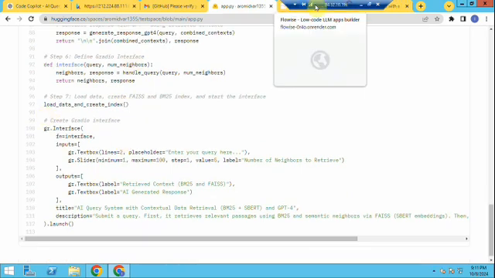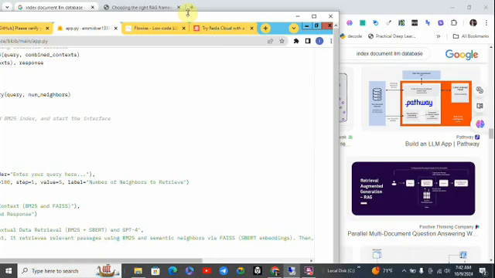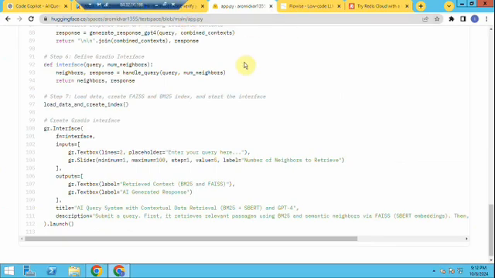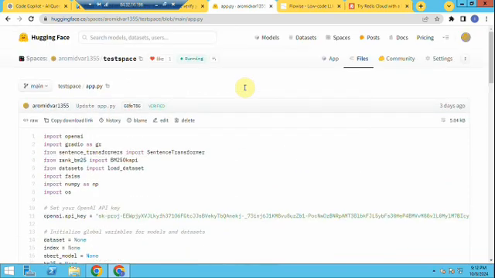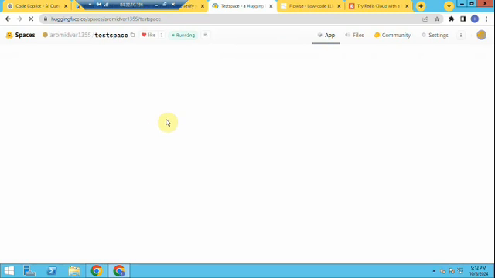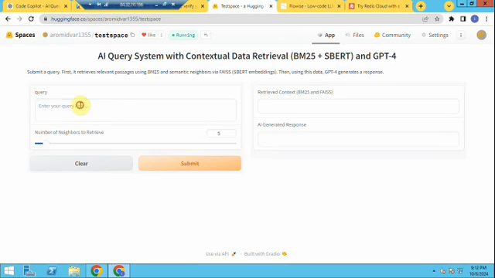I've designed this interface so that in our main program we can run it very fluently. So I'm going to come here again. Whenever you increase the number of the neighbors, the answers are going to be more detailed. For example, I have chosen the question, what were the major causes of the Great Depression, and I have chosen this number as 5. When I submit this,